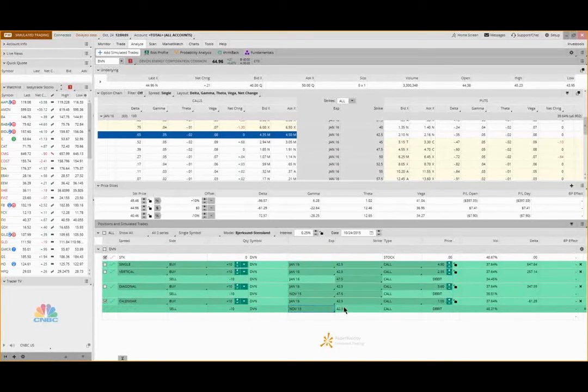Again, with this one, the whole reason why you're doing this is you expect DVN to move higher. You just don't expect it to do so immediately. So you're trying to collect more premium by going from the 47.5 strike down to the 42. You're now selling in the money here in November. So you're collecting more premium. Look what happened to your cost basis. Way down. We started at 450 with our single call. We're down to $1 here. And look at our theta. We're now at a positive, almost 12.5 on this position.